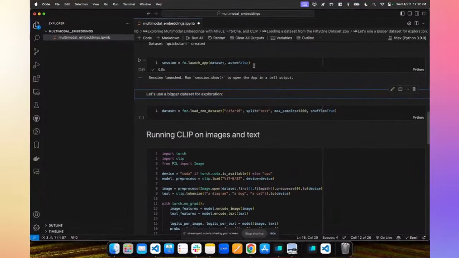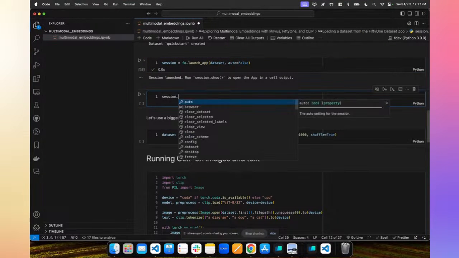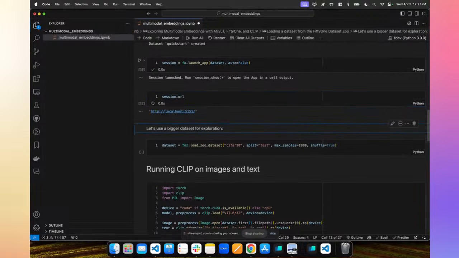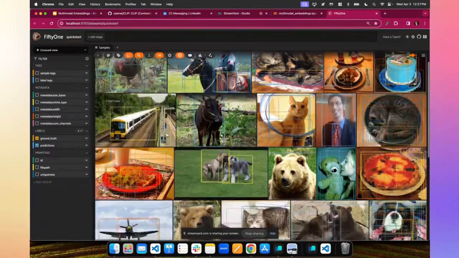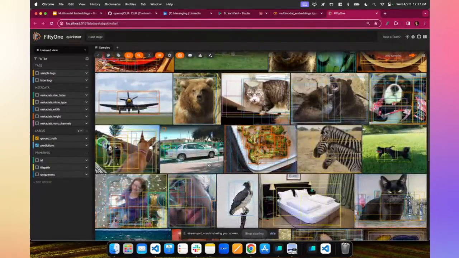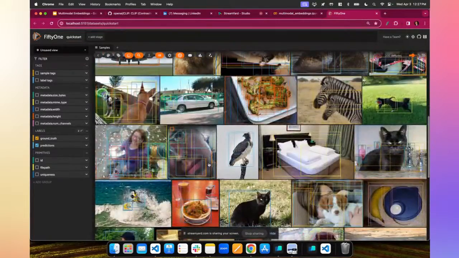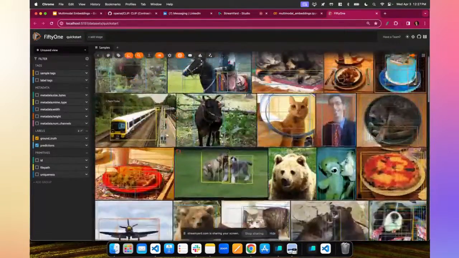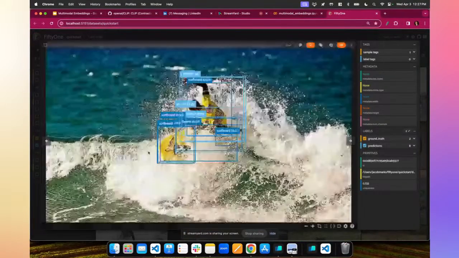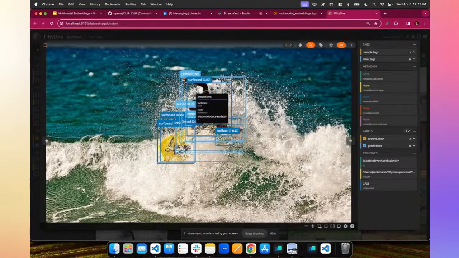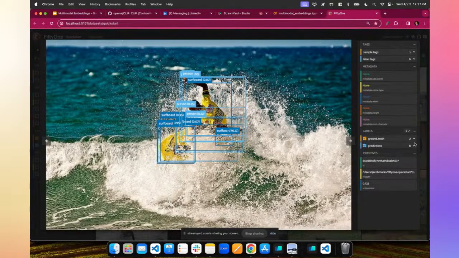It creates the session, it launches it, but it's going to launch it at some URL. And you can see the URL by just checking what is the URL of the session like this. Then you can click on it and it will open up the FiftyOne app in a tab in your browser. This is similar to what we saw in a lot of the GIFs that I showed in the slideshow, but it basically allows you to scroll through all the images or videos or point clouds or whatever else you have, to look at individual images, individual predictions, to filter.